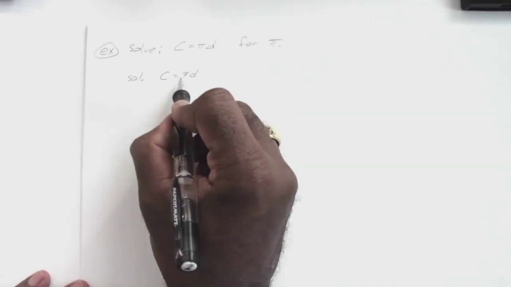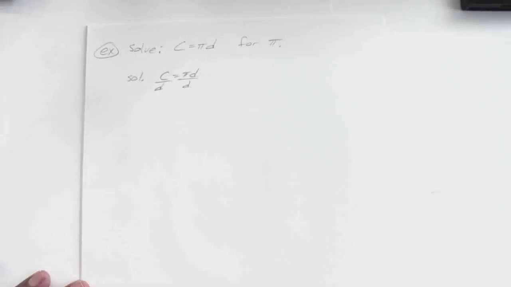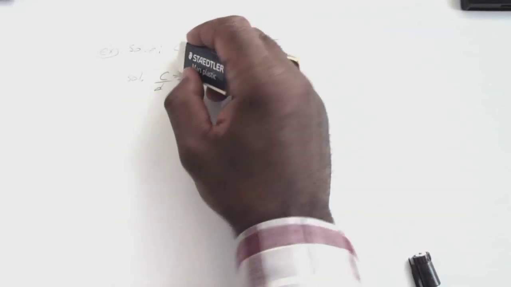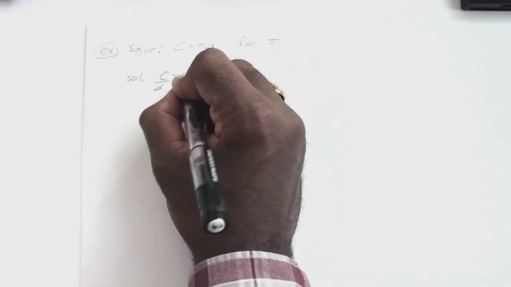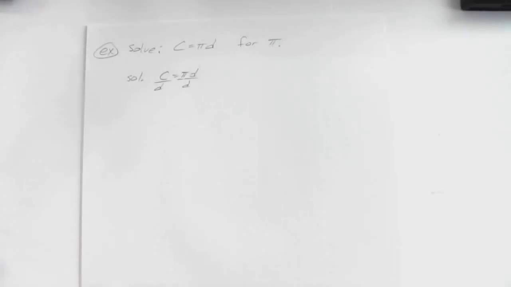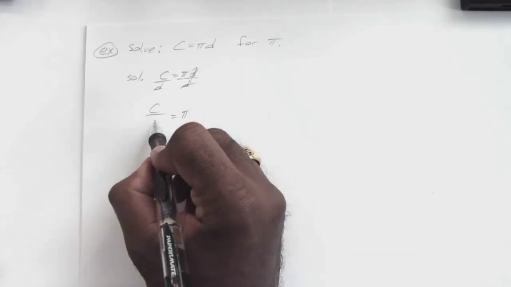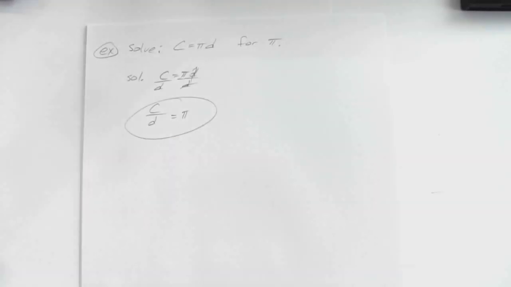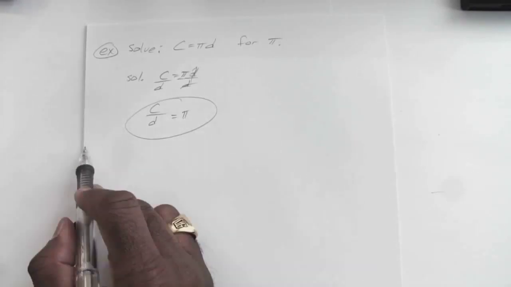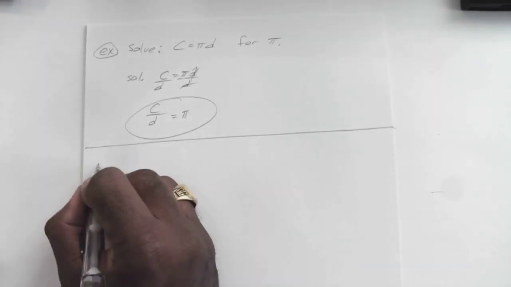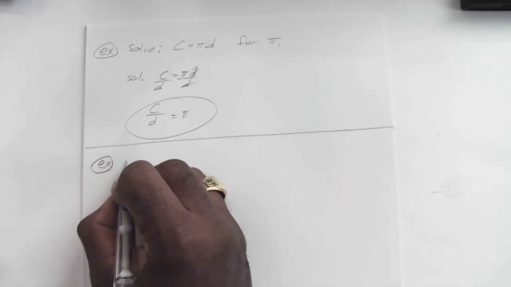We're solving for pi, so we divide both sides by d. Clean that up a little bit there. Okay, anything divided by itself is just 1. So that gives us pi equals circumference divided by d. Okay. Or let's say if we had the